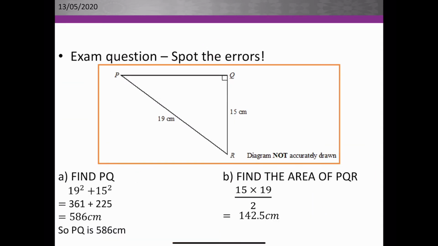So here's an exam question, and we're trying to spot the errors. It says find PQ and they've got 19 squared plus 15 squared, 586. What is the mistake for this question? So the mistake is obviously that they've added. What should they have done? They should have taken away. And find the area of PQR is 15 times whatever the length of PQ is, not their